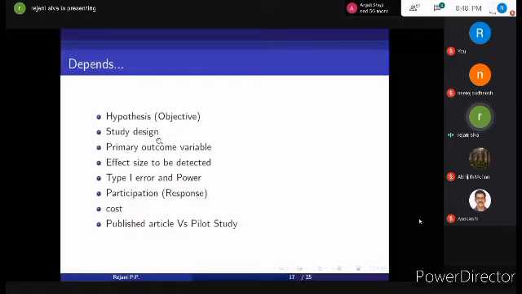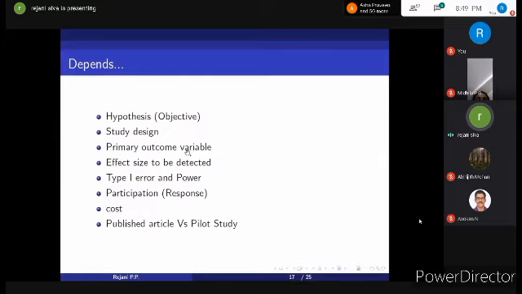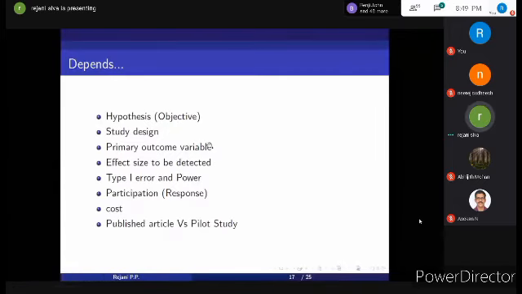And next, the primary outcome variable. The primary objective is also important. Sample size calculation is made based on the primary objective of the study. We should consider all the objectives, but it's not a practical method to calculate the sample size based on all objectives. Consider the primary objective, and if you feel that some other objectives are also important, that should be considered while calculating the sample size. It should be sufficient to explain the other objectives, like secondary objectives and all.